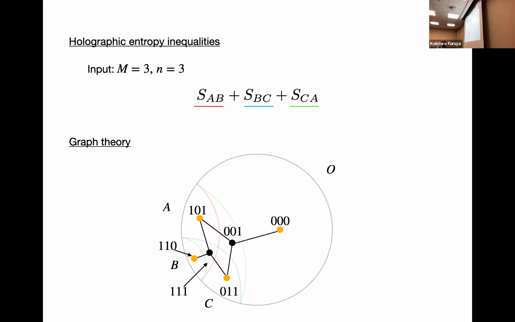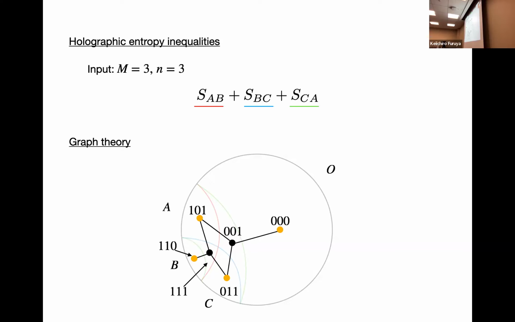Okay. So I try to avoid entanglement nesting. But entanglement nesting means that, let's say, you have a region A and a region B that is larger and includes the boundaries of region A. Entanglement nesting means that if B contains A, then the entanglement wedge of B, which is this region, should contain the entanglement wedge of A. So you cannot have something like this. This is not allowed because this goes out.